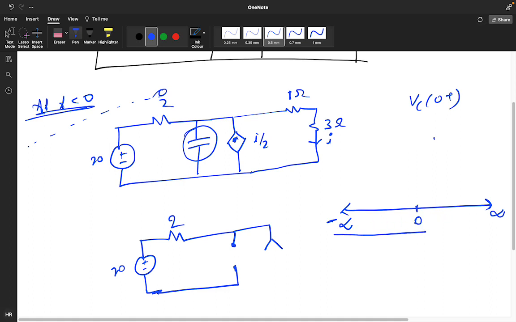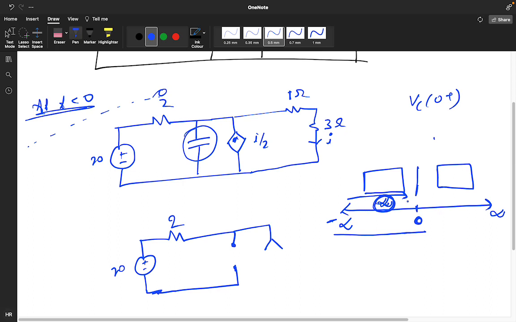At position 0, what I did, I moved the capacitor switch to some other position. Okay, so from this position to this position, it's having an infinite amount of time. So in that infinite amount of time,